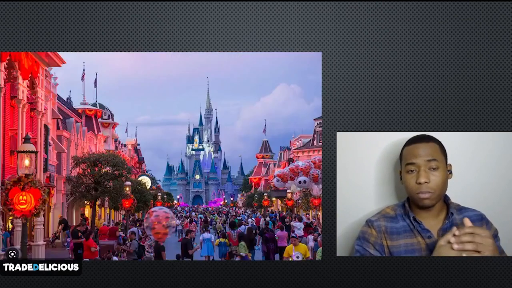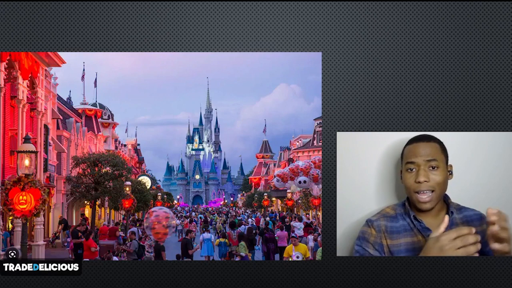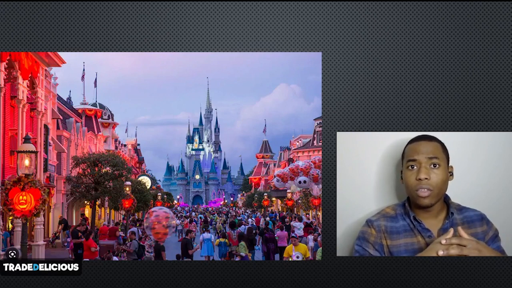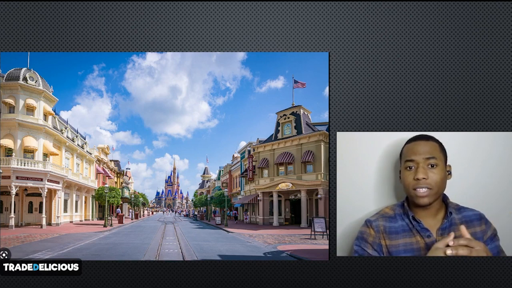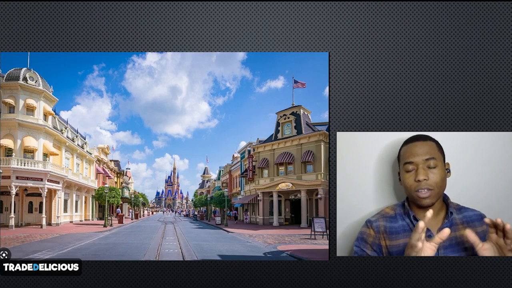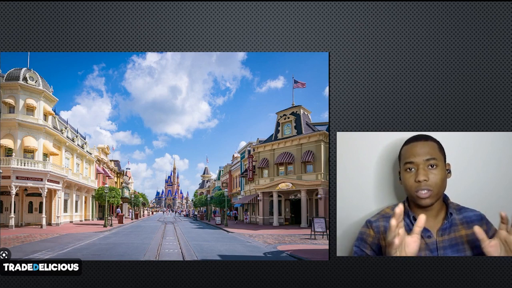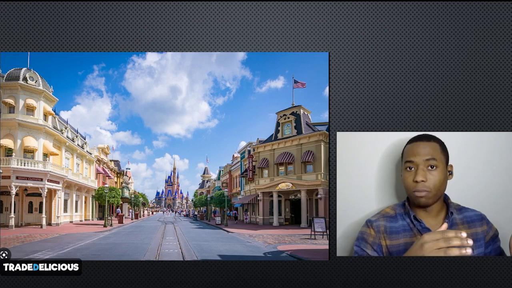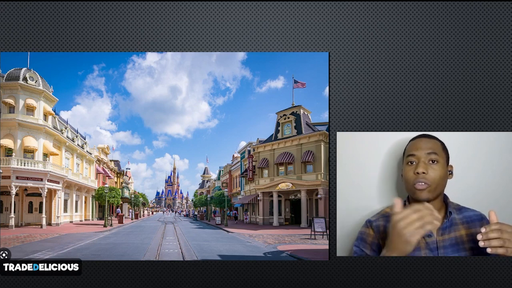The same family that was planning this trip in June of insert year here, once rates go up, they decide, maybe we should push that trip off. Maybe we should do something the year after. And how does that affect Disney World? Disney World now has less money. They still have billions of dollars, don't get me wrong. Boo-hoo, it's tough to have $4 billion instead of $5 billion. But they have less money nevertheless. So how are they going to respond?